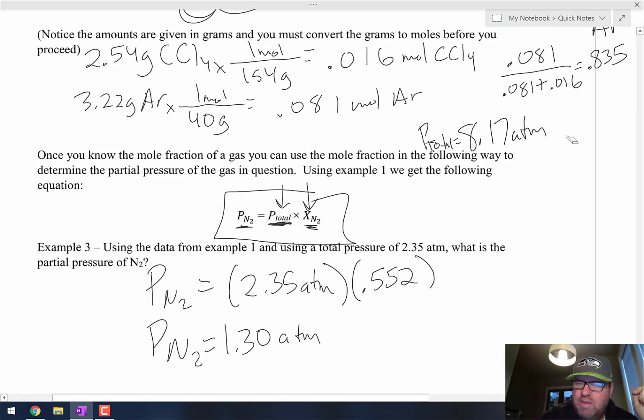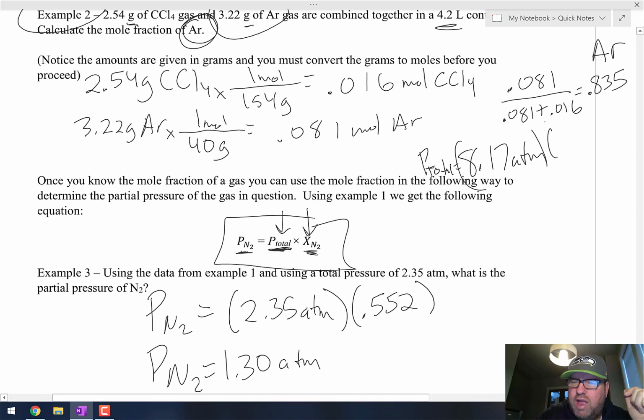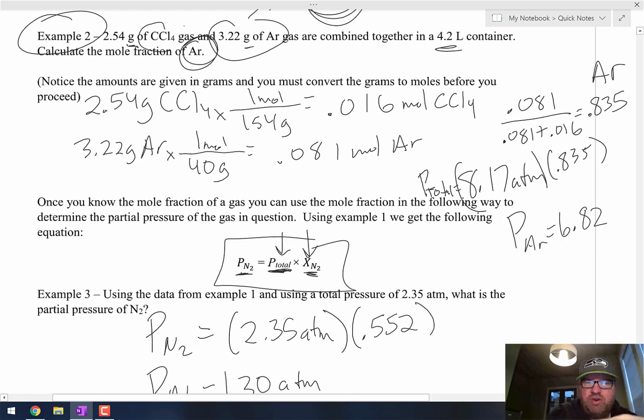So we would take 8.17, the total pressure, and then just multiply by 0.835. It's almost like we're using percents here, but instead of out of 100, it's out of 1. So 8.17 times 0.835 equals 6.82. So the pressure of argon is 6.82,